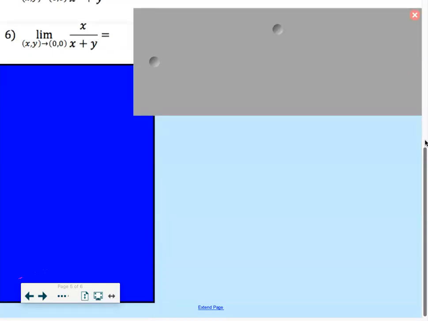Aha! Your favorite. All right, so this is the one that's going to actually put the rubber to the road. So see if you can figure out how to show either that this limit does exist or that it doesn't exist. To show a limit does exist that approaches 0 over 0 is almost impossible. But to show that it doesn't exist is actually pretty easy. You just need to find